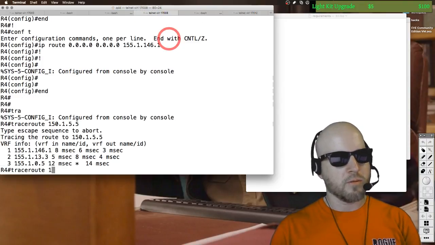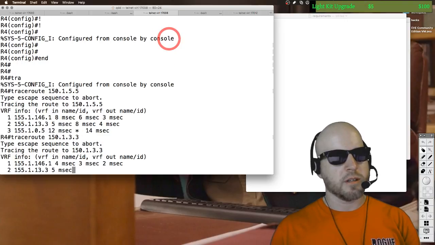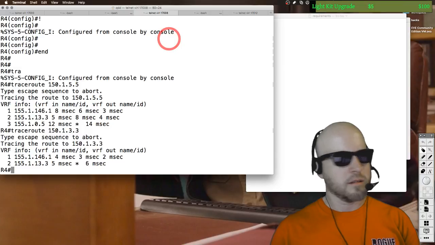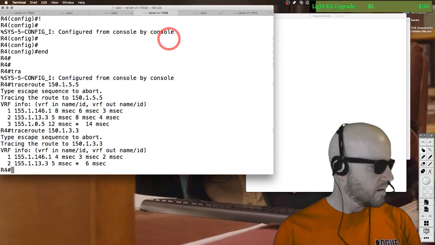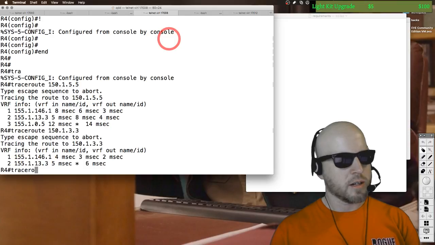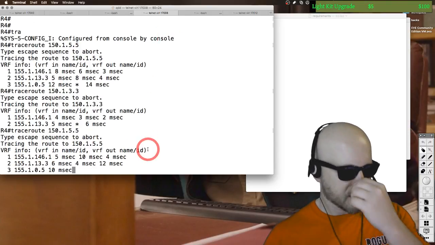Trace route 150.1.3.3. Trace route 150.1.5.5. Okay, yeah, so right now